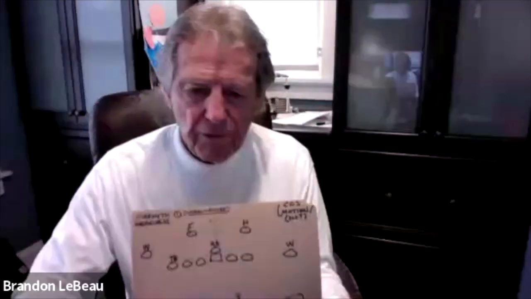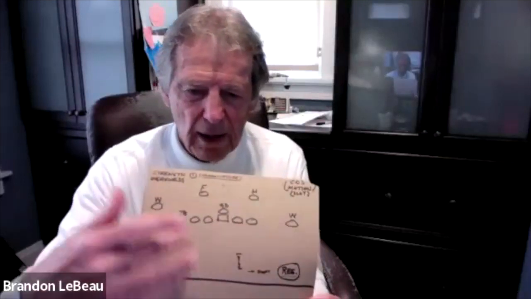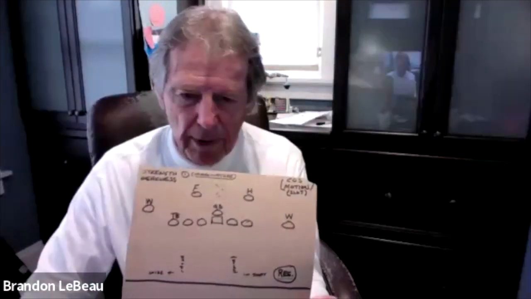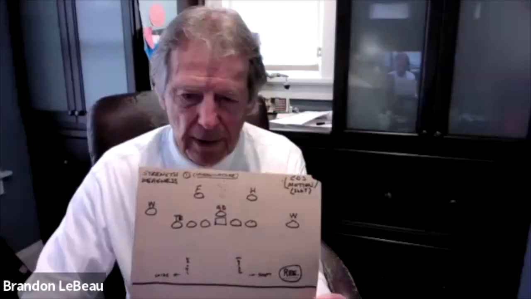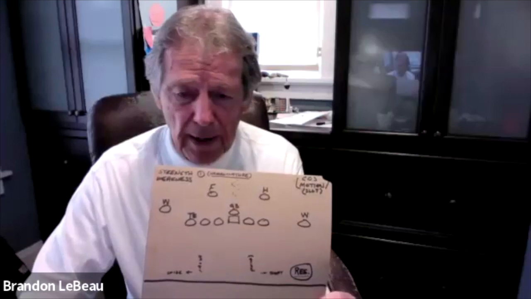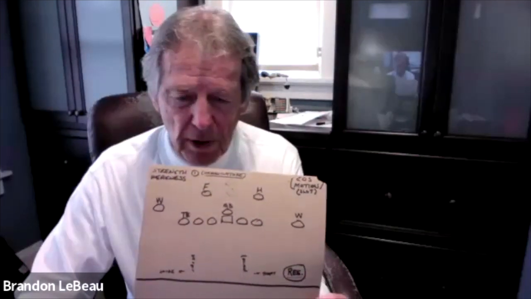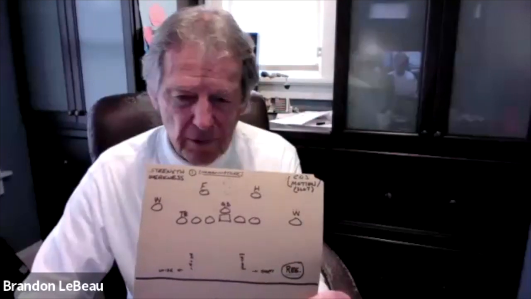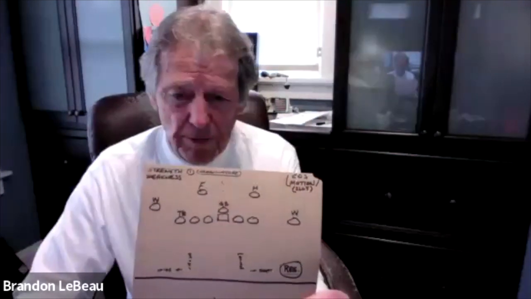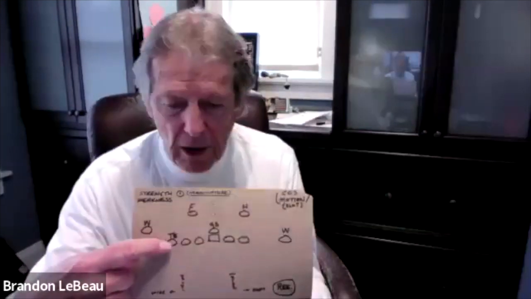Just for sake of conversation here, here's a formation. I know most people today play three wide receivers, a tight end, one back, one quarterback. I just drew this up to make the point on what I'm talking about in terms of be where you're supposed to be, communication. This would be the closed side of that formation.